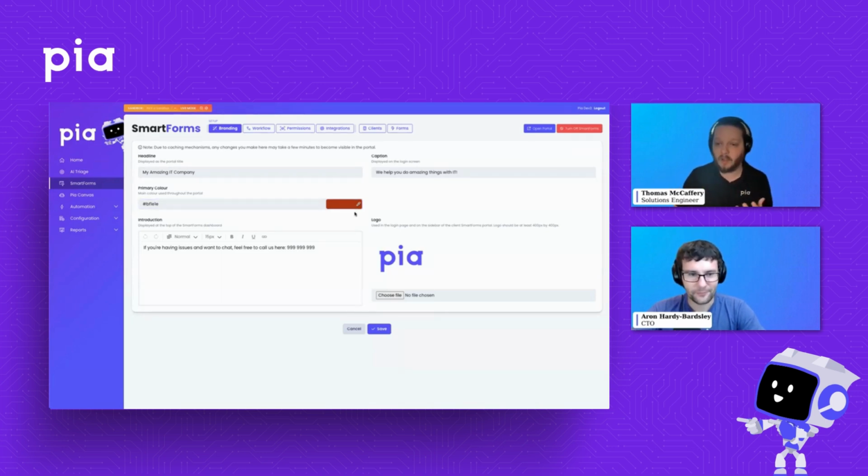In this one we're looking at, it would be this dark red. But of course, that would be your company color. In this case, you could pick pretty much anything that you need in here as well. And again, just as a quick note, if you want to put a contact number or some email addresses or anything like this in here, it is behind the single sign-on authentication. So only those approved users are going to be able to see that. So this is a pretty quick, pretty simple page, pretty nice.